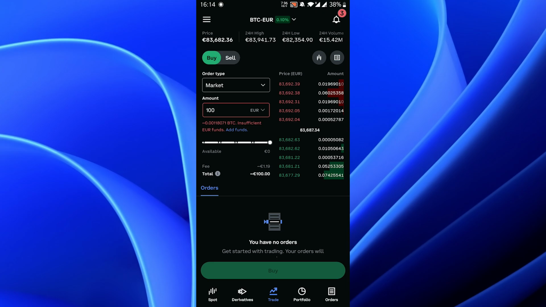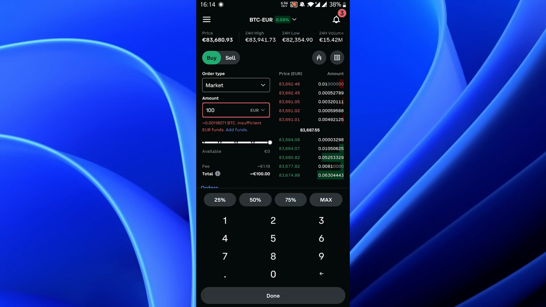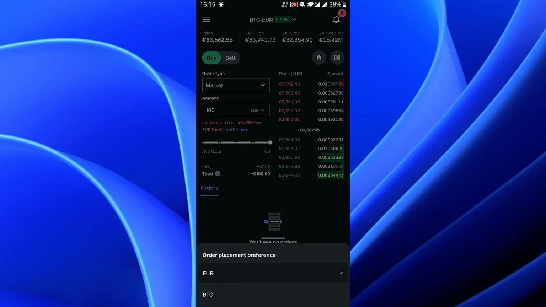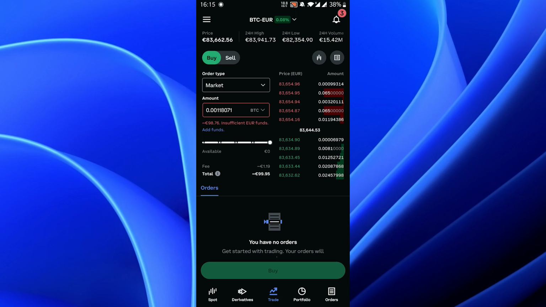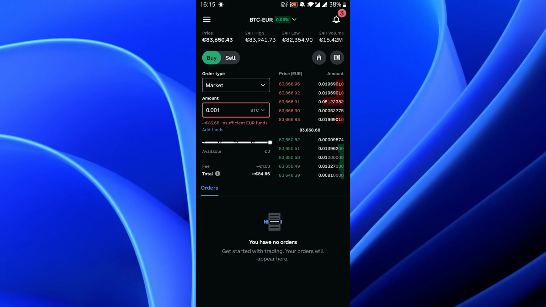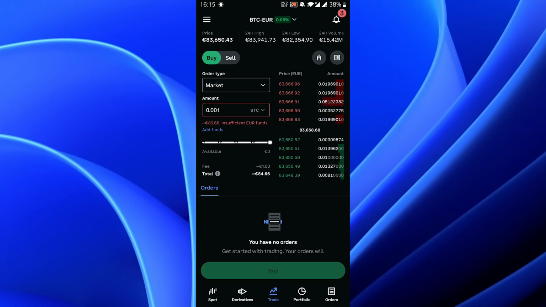And here again, you need to choose how much money you want to put in. So let's say I want to buy 100 euros. I'll type 100 euros. I'll click on done. Or you want to buy a specific amount of cryptocurrency. You'll toggle from fiat to crypto. So I'll click here BTC. Let's say I want to buy 0.001 Bitcoin. I'll write 0.001. It will say that I'll spend 83.66 euros. And then once everything is done, you'll have to click on this green button at the bottom that